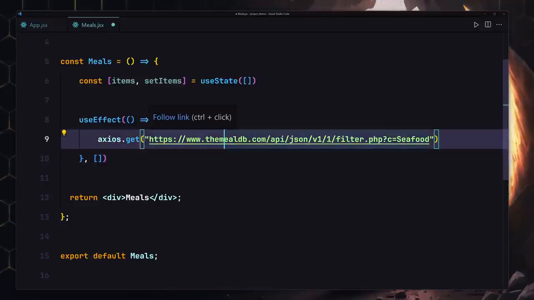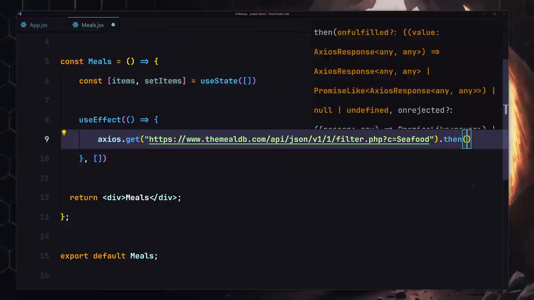So the URL is mealdb.com/API, then JSON version 1.1 filter.php?c=Seafood. We're going to be grabbing our data from this API, and I'm also going to use the then. I'll provide a then right here, and for this then we are going to be providing our